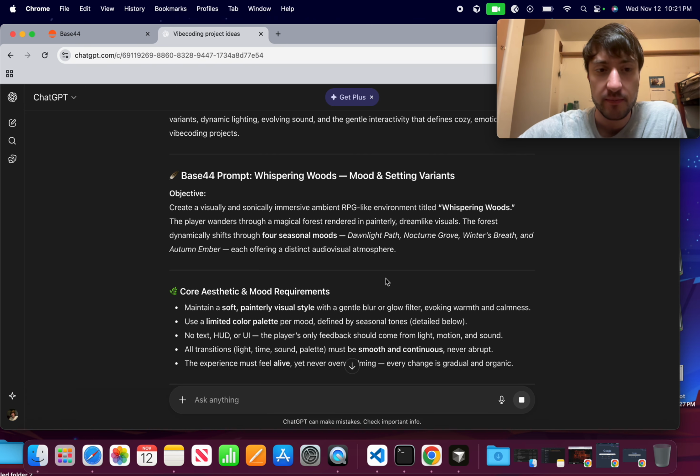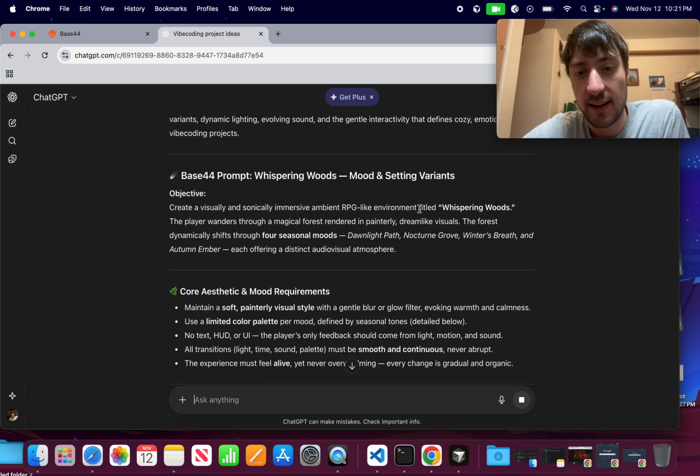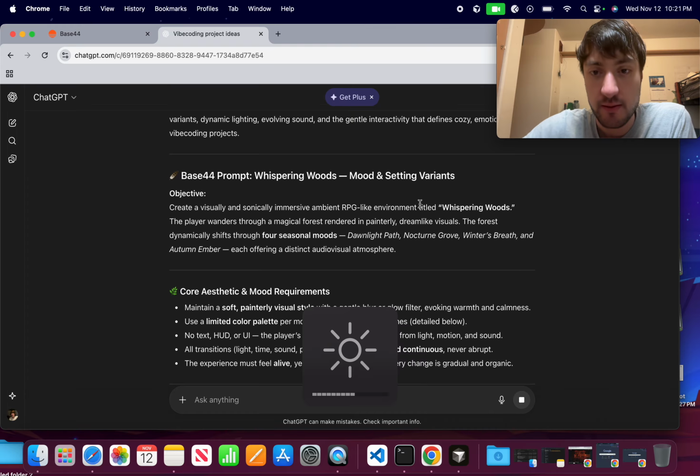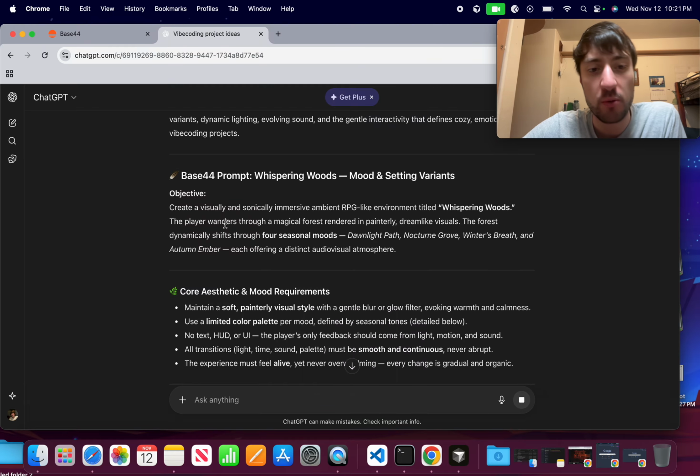All right. So, objective: create a visually and sonically sound, immersive ambient RPG-like environment titled Whispering Woods. The player wanders through a magical forest rendered in painterly, dreamlike visuals. The forest dramatically shifts through 4 seasonal moods: dawnlight, nocturnal grove, winter breath, and autumn ember, each offering a distinct